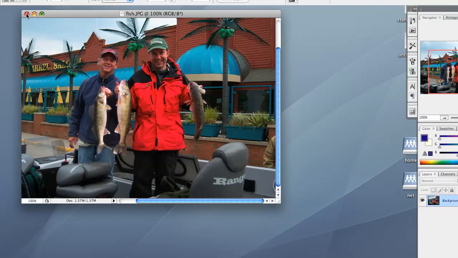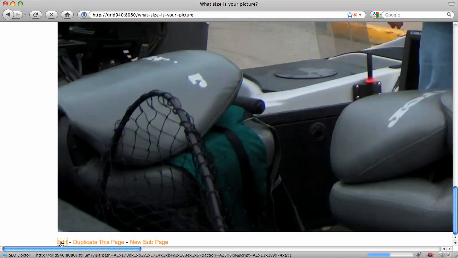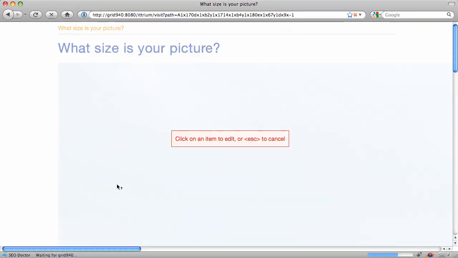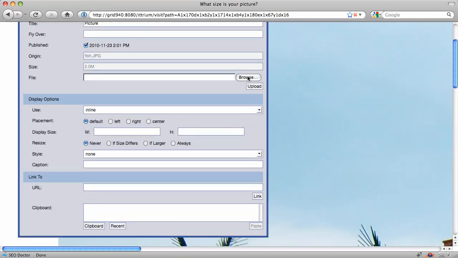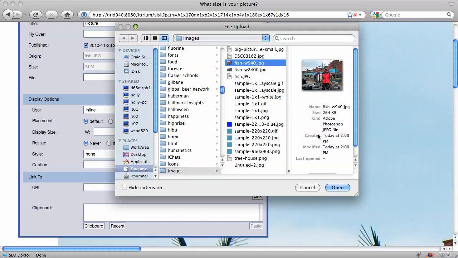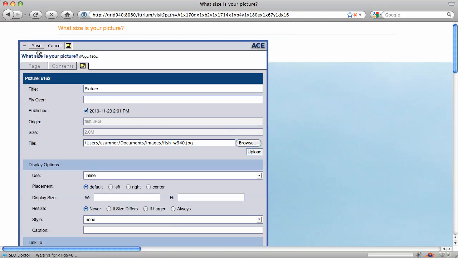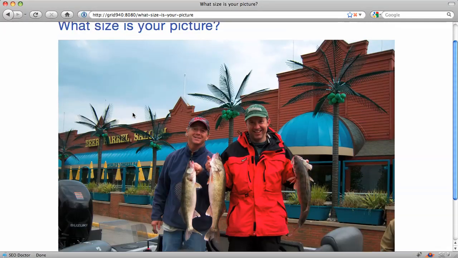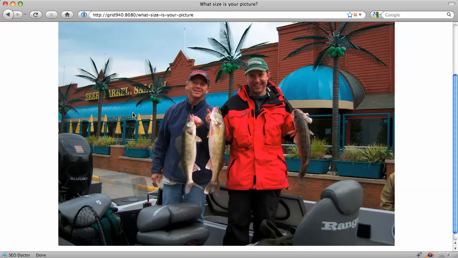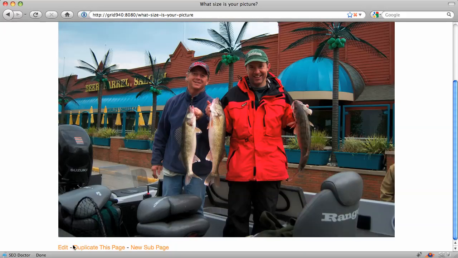All right? Now when you want to upload a picture to the site that can be resized, I'm going to replace this one with one I know is a little bit smaller. And so I'm going to grab fish 940, and I'm going to save this. So now I'm going to have a picture that pretty much takes up my whole web page. Okay, but maybe I want this picture to be a bit smaller. So if I don't have Photoshop and I've got a picture that's under 2400 pixels wide, I can just edit the page,